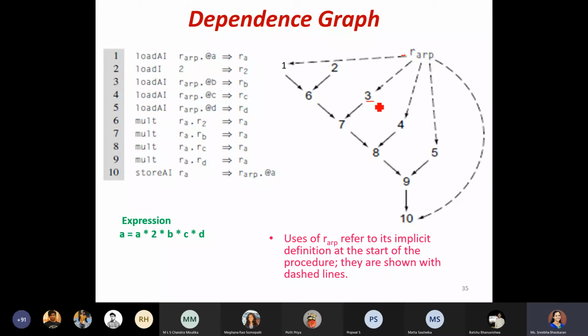Now moving on to the fourth instruction. When you see the fourth instruction, we have the content RARP plus C. That means we are referring to the value of variable C, which is dependent on the memory. So dotted lines from RARP to 4. After that, the last one, again the same, we need the content of D. We are taking it from the memory, so that will be 5.